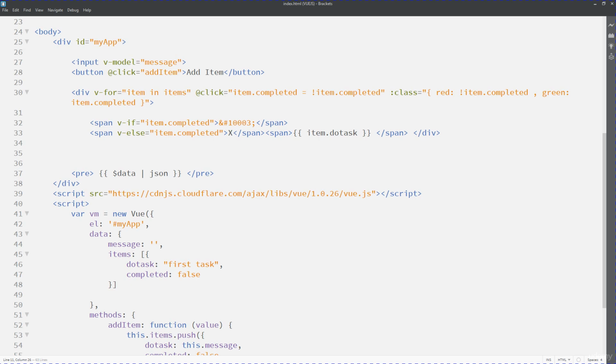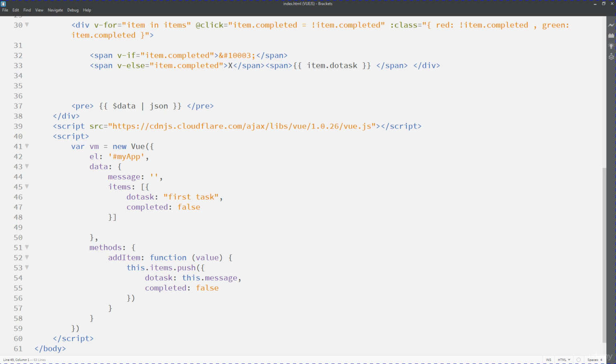We can even add in another method in order to delete it from the list. So maybe if we want to add a second one, delete item, and I'm going to do another function here. So again, we're going to pass through that value. And first of all, maybe we'll just console log out the value that's being passed so we can take a better look at it,